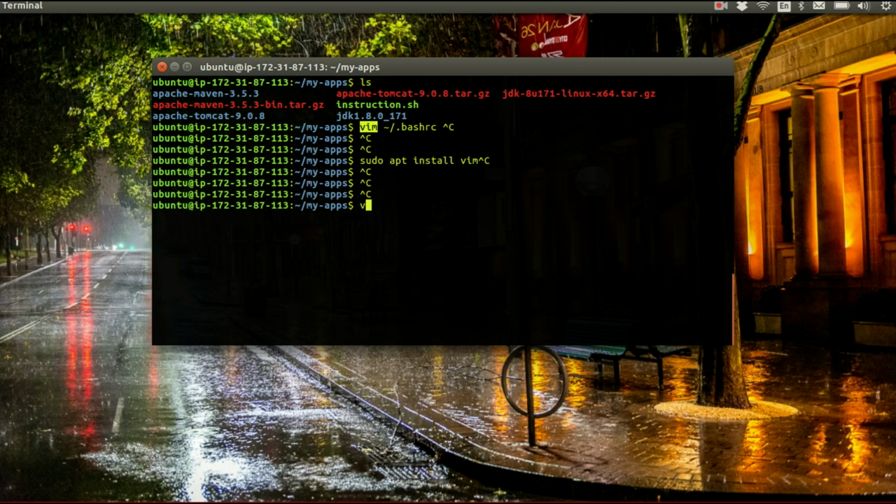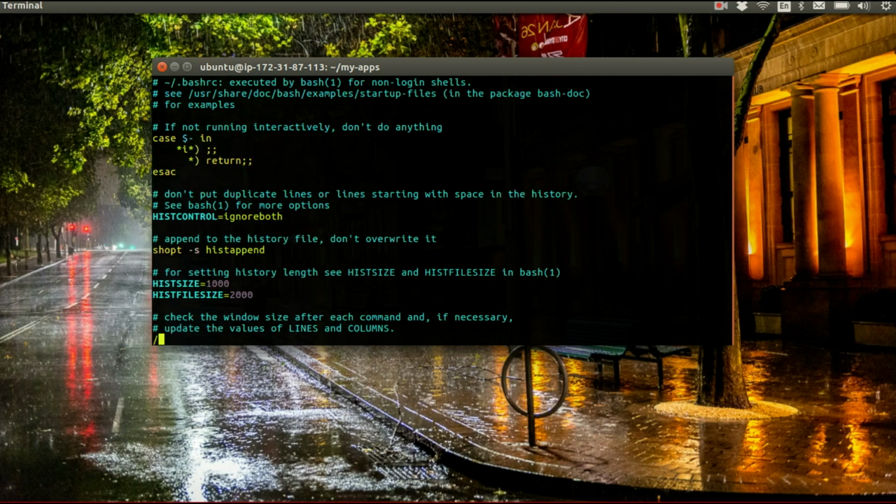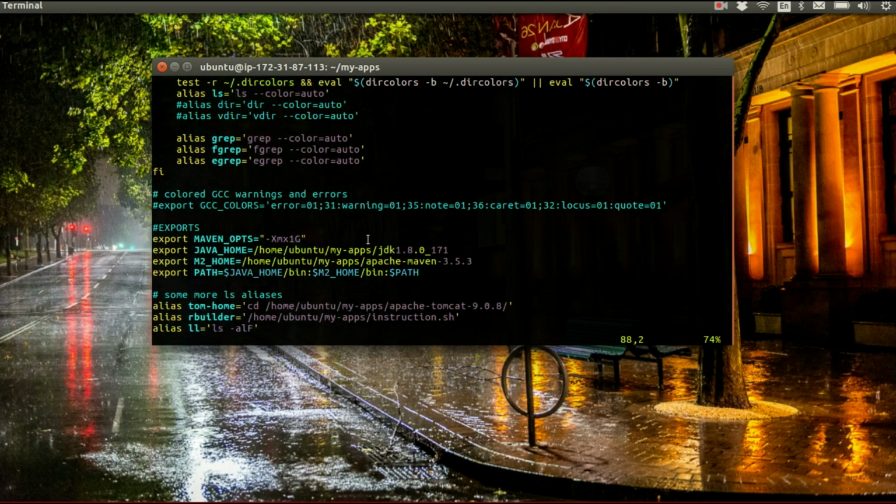Alright, so let's go and then go to the export part. Here is the export part. I just give the Java home folder, the Maven folder, and then the path. You just stop the video in here and then copy paste these commands, just like these commands, but the folder you're gonna choose must be the folder that you have already extracted those folders. By the way, I already downloaded and extracted the Maven because I have something inside this